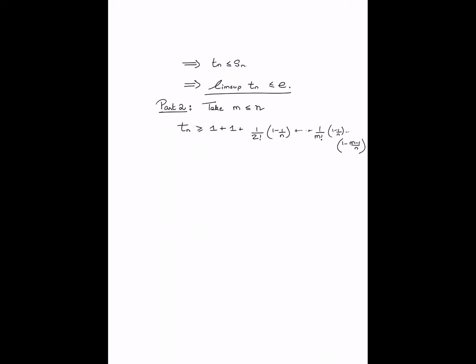And view the right hand side of this as a sequence in n. Now there are only finitely many terms on the right hand side, because I remember at this point I said treat m to be fixed, and now take the limit as n goes to infinity. So let's see what happens. If I take the limit as n goes to infinity, I would conclude that the lim inf of Tn is in fact greater than or equal to summation from 0 to m 1 by k factorial, which is in fact Sm if you think about it.